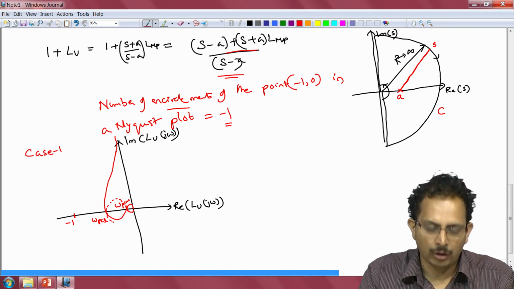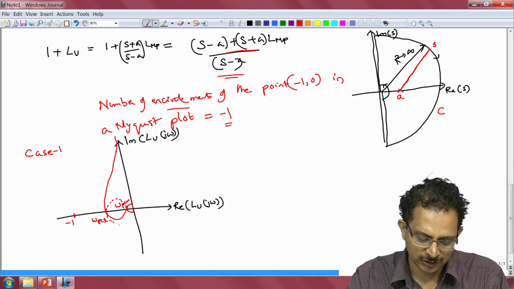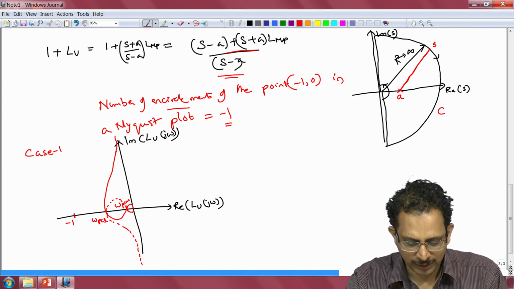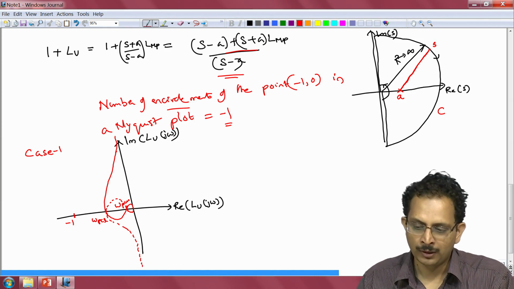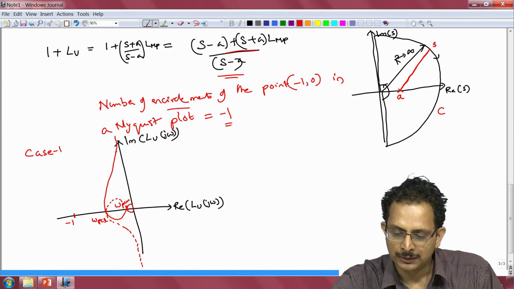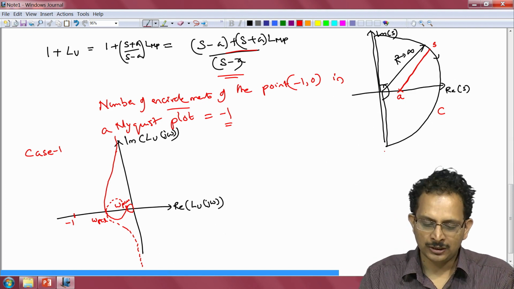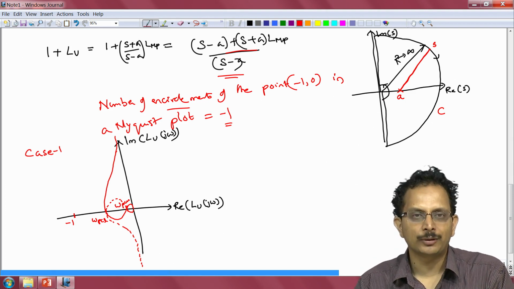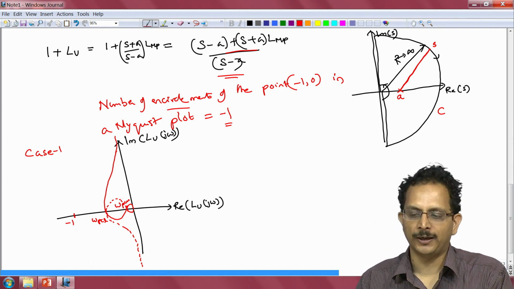Now if we complete the Nyquist plot, the Nyquist plot for the complex conjugate of the imaginary axis, or the Nyquist plot for the negative imaginary axis, will look something like this, and that will tend to -infinity along the negative imaginary axis. So this is going to be the mapping of the positive imaginary axis and the negative imaginary axis as a consequence of this transformation, namely L of j omega, Lu of j omega.